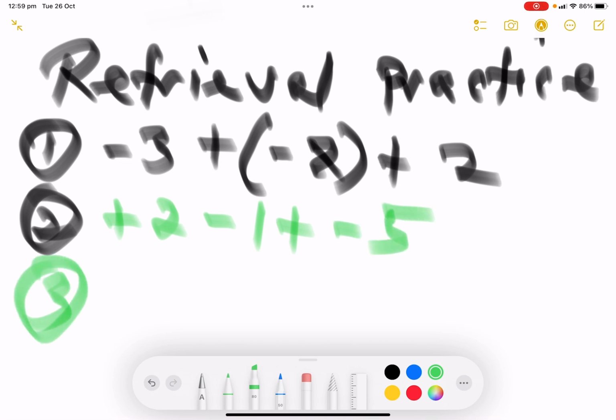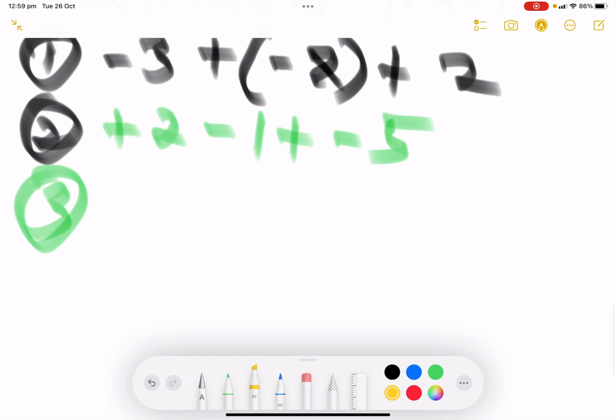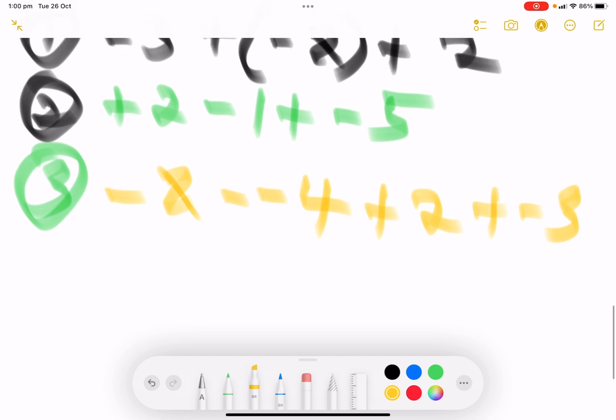Number 3, we only have 3. Minus 8 minus -4 plus 2 plus -3. So try to do that yourself,